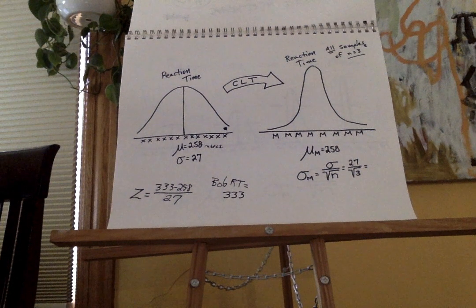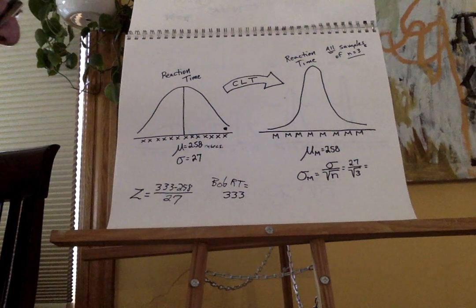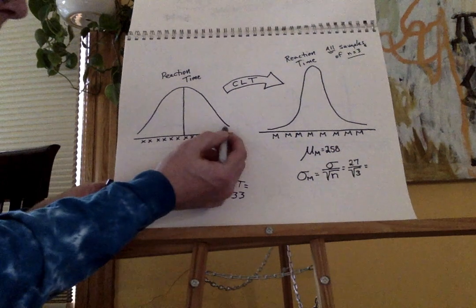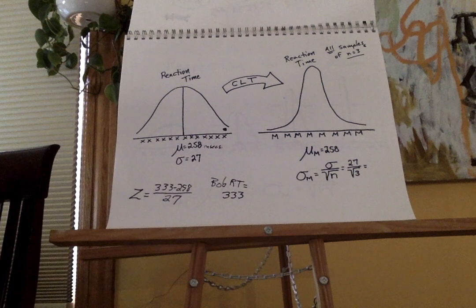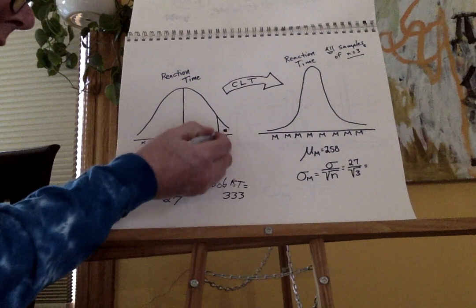And what was Bob's z-score? I don't have my calculator right now. Let's calculate that. Hey, you guys can do it. But what we found was that Bob was way out here. And we said, listen, Bob is weird, right? Because Bob was beyond